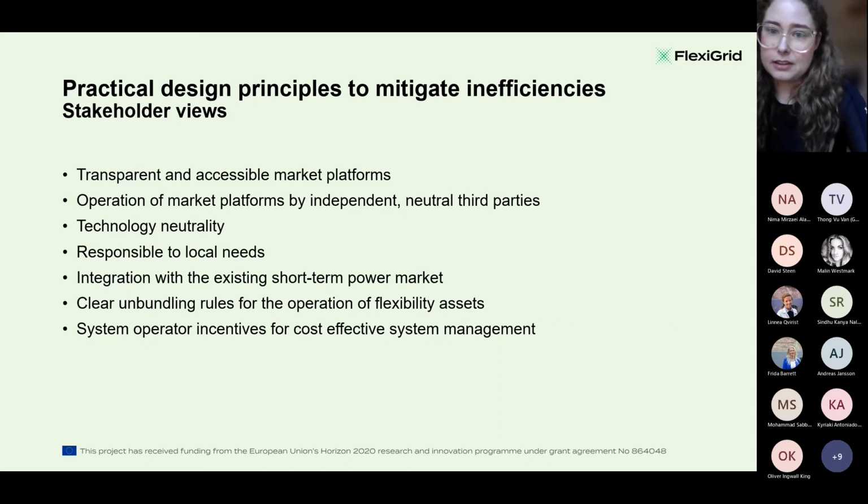And there is a lot of unbundling in the energy sector, which must be considered so that we don't mess that up. We also need to make sure that system operators have the right incentives for cost-effective system management. So this is the financial side from the DSO side. As it is now, the financial regulation has quite a heavy focus on the CapEx side. If we had a more holistic approach, that could be a solution.